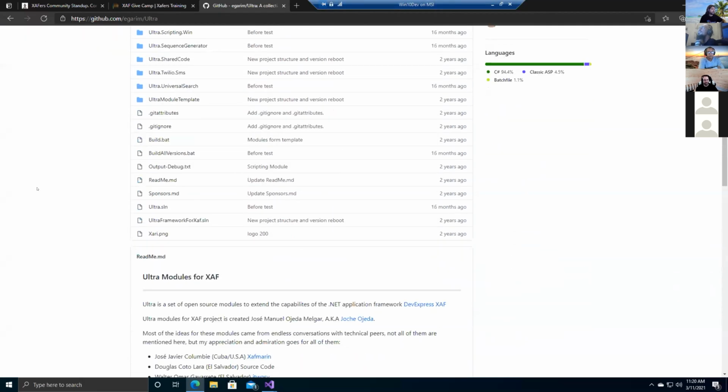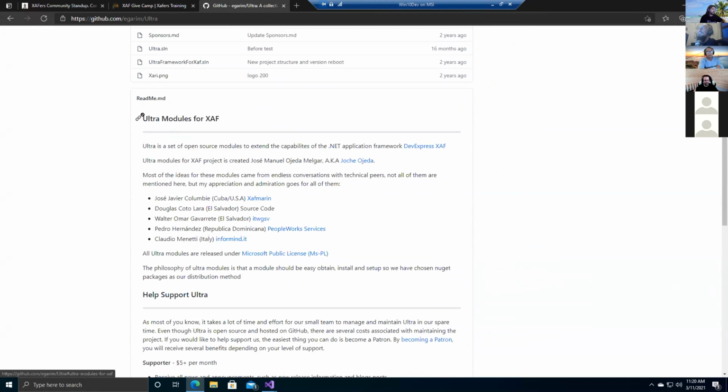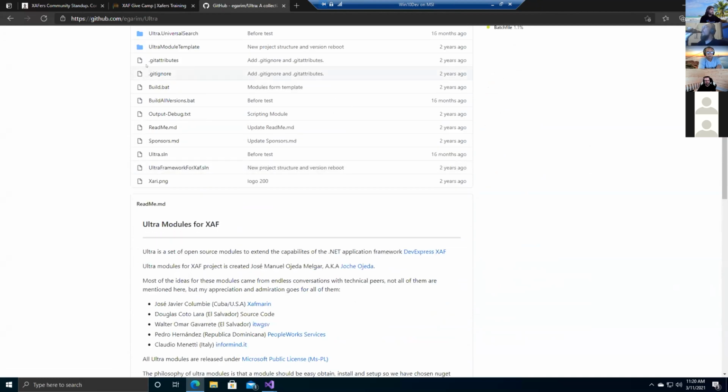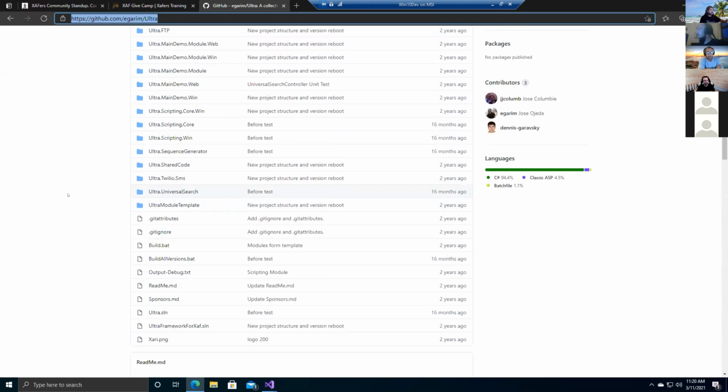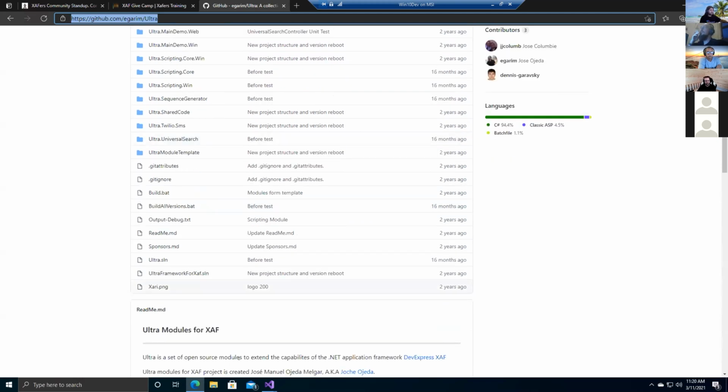So what I have here is a combination of modules that I have done for basically some of the customers. The ideas came from actually several customers that we have. And I decided, okay, this is common between all of them. Let's make it public, and they agree with it. So here we have the main page for the Ultra modules. There are only like 3 modules actually. But the one that I want to show you is the one that we get most requested for, which is